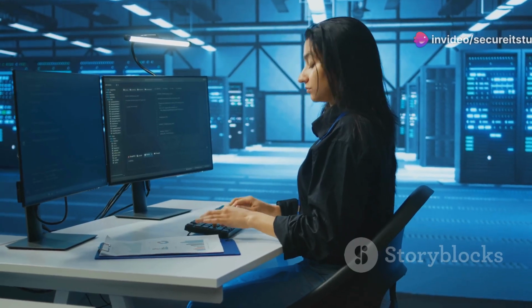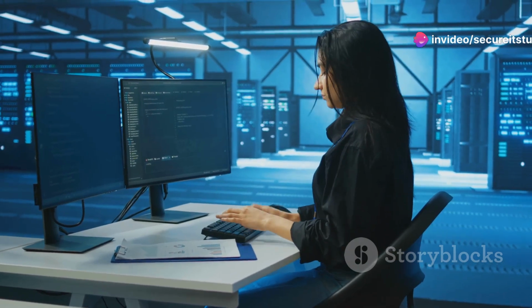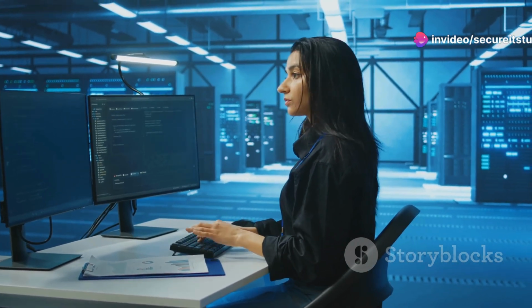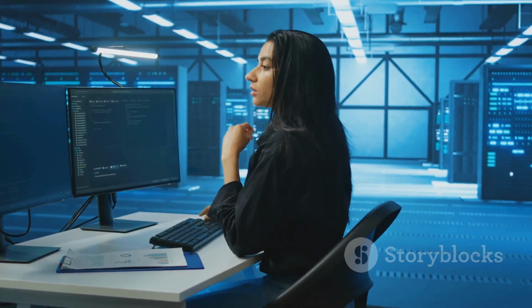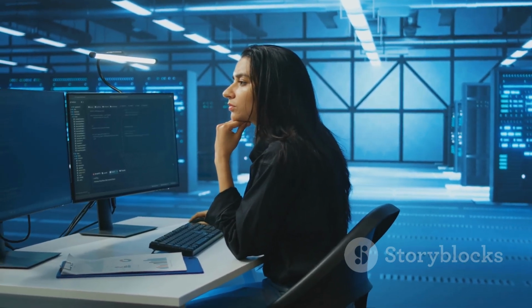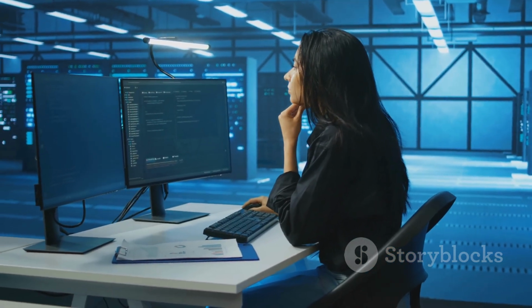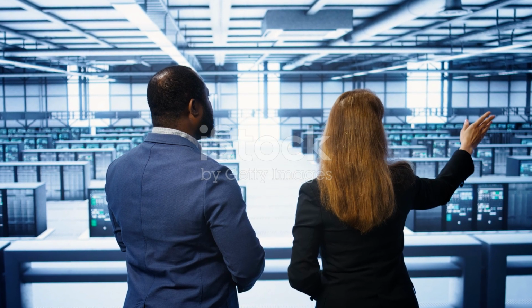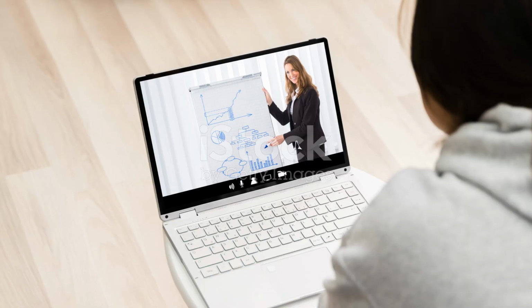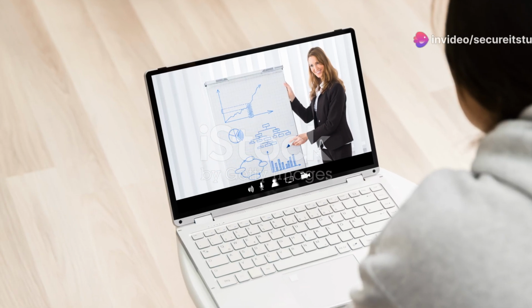You're the conductor of this digital orchestra, ensuring that all the different parts work together in perfect harmony. From managing hardware to configuring software, your role is pivotal in maintaining the efficiency and security of the IT environment. Collaboration is also key. You'll often work with other IT professionals, sharing knowledge and strategies to optimize server performance and address any challenges. Together, you form the backbone of the organization's digital infrastructure. Continuous learning is part of the job.